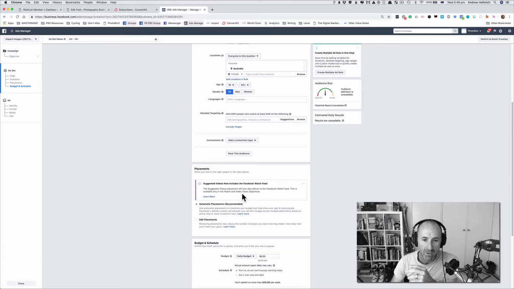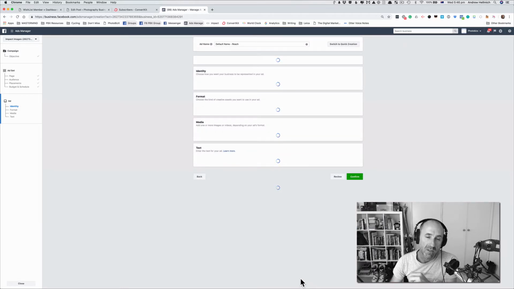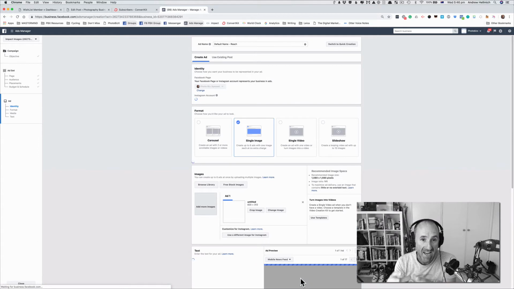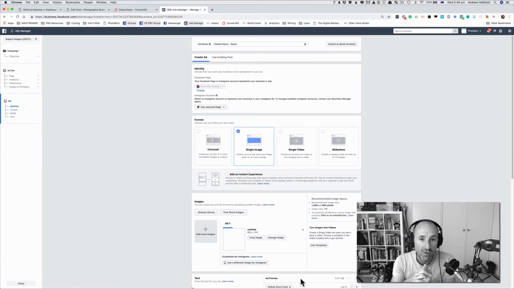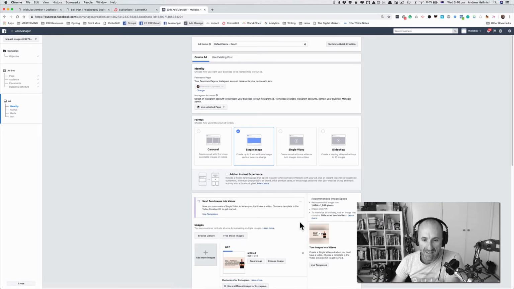You know how to set up your placements. You can set up your budget, and obviously you have to go down then and set up your ad as well. So again, this is where you have to decide your sequence of ads. So this would be ad number 1. Okay, and this is going to go to anyone that has seen 25% of your video in the last 3 days. All right, so let's